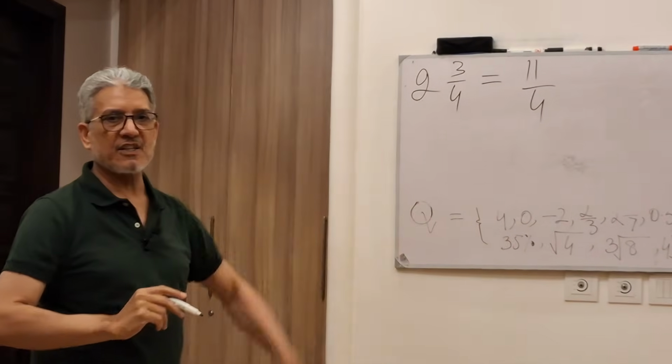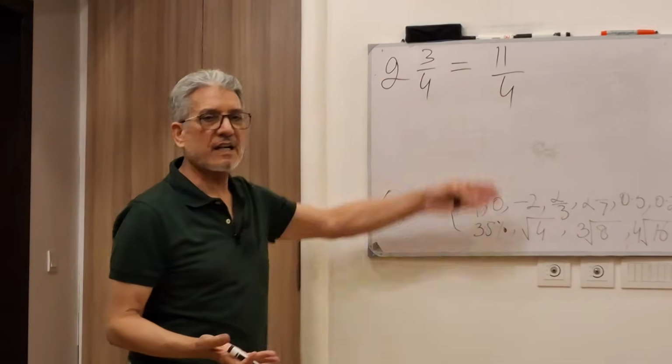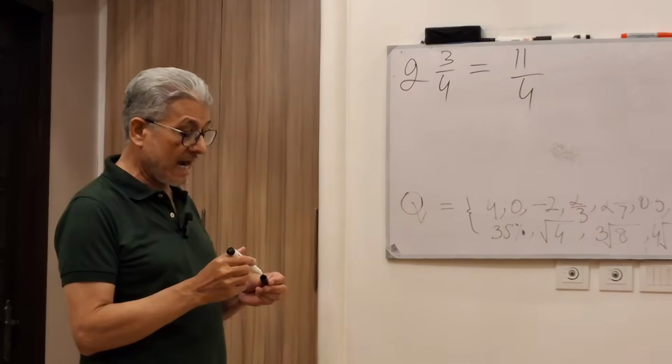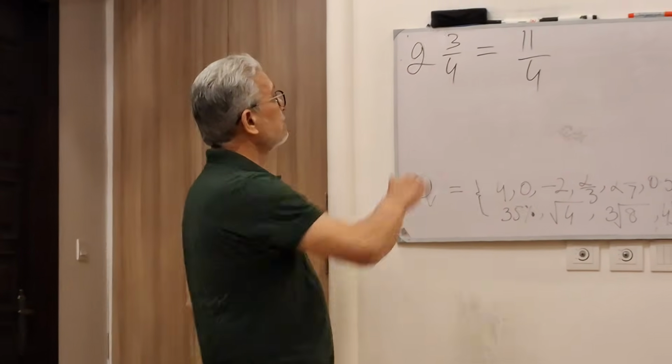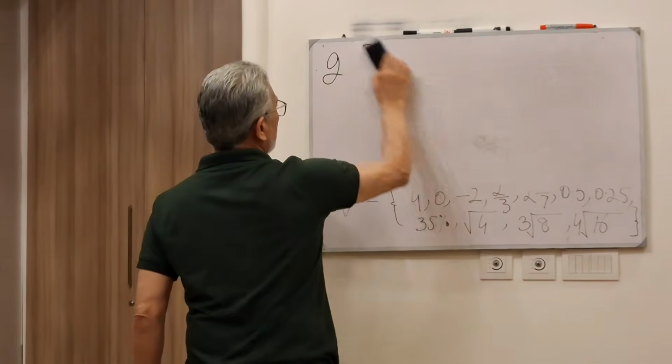11 over 4 is a fraction. So rational numbers are fractions. So this is a fraction. So mixed numbers are also rational numbers, right? Okay. Then next is,